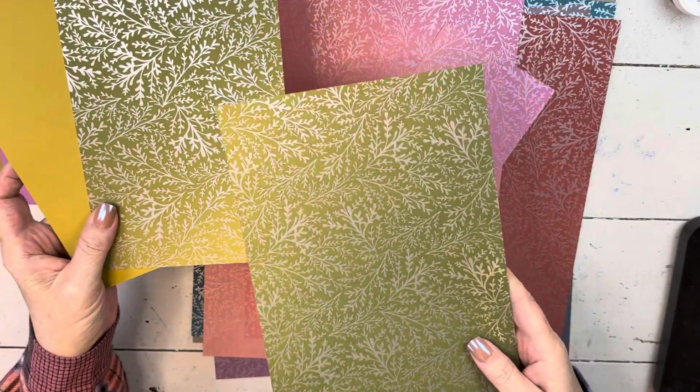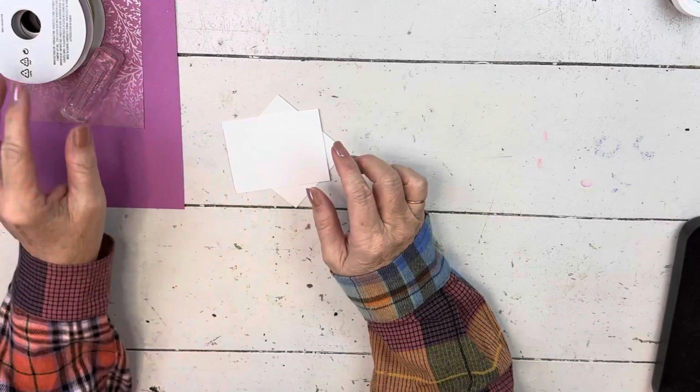And you can see I've trimmed another section out of it. I will also have coming up either